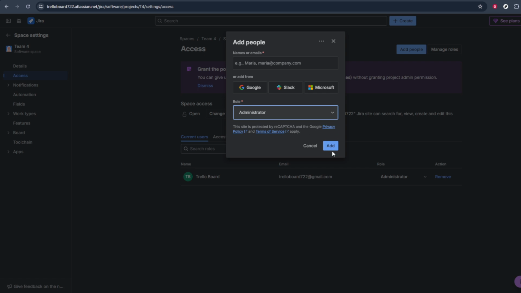This role gives the person board admin permissions, including managing settings, configuring workflows, and adjusting access for others. Make sure you're comfortable granting this level of control before proceeding. Finally, click on Add to confirm. Jira will save